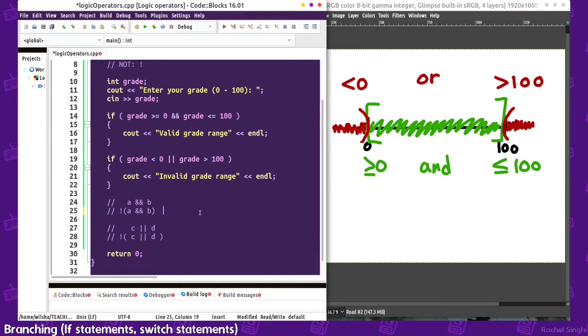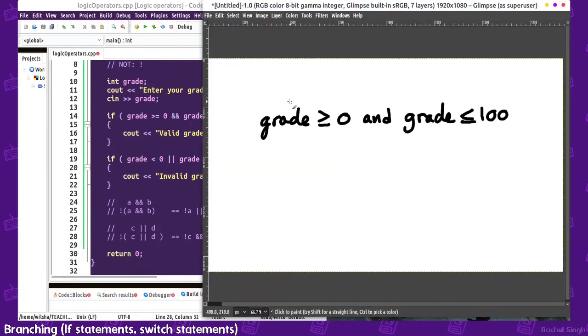So in this case, not A and B is logically equivalent to not A or not B. And here, not C or D is logically equivalent to not C and not D. So if we're saying the grade is greater than or equal to 0 and less than or equal to 100 to be valid,